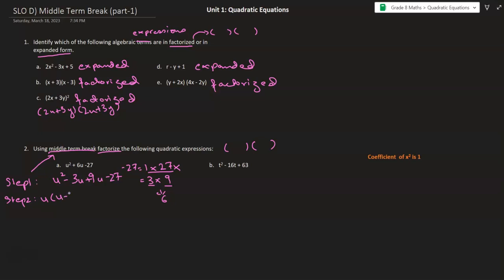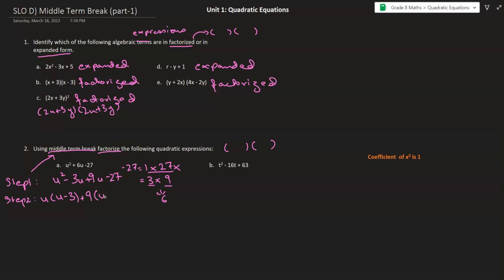There is minus, and there is a 3, and this u is taken outside, so there is nothing left there. So this is it. And in this case 9 is common. So how do I know? So 9 into 1 gives me a 9, and 27 is given by 9 into 3. So plus 9